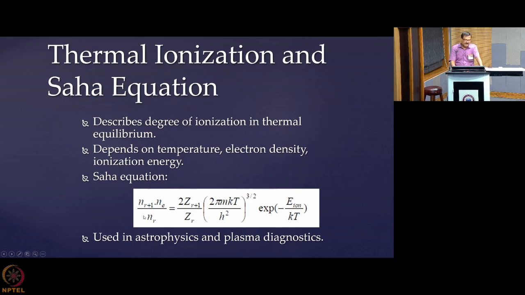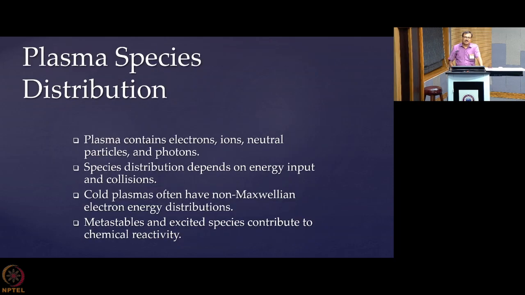So if you want to go for the first ionized state, you just put r equal to 1. Then this will be N1. So N2 will be the concentration of the second ionized state, this will be the concentration of the first ionized state, this anyway will be the electron, and this E ion will be the second ionization energy. So this way, you can find the species distribution in plasma. They equally apply in all plasma areas.